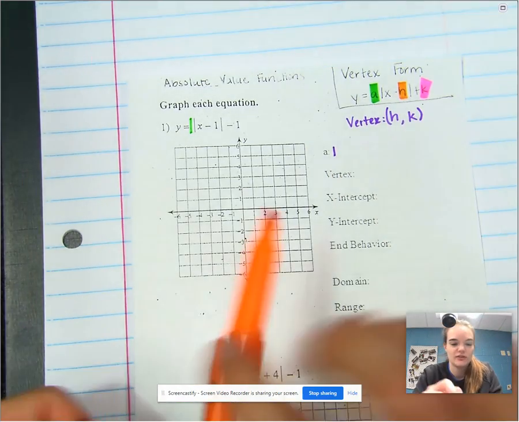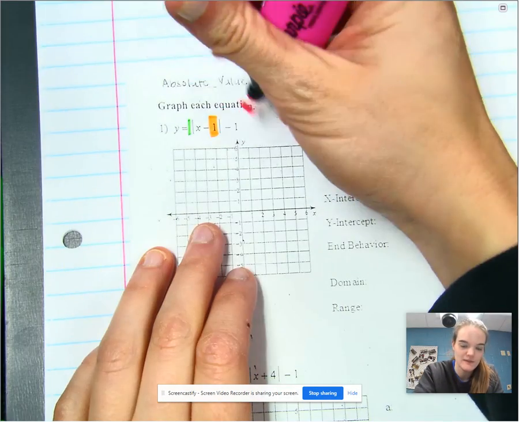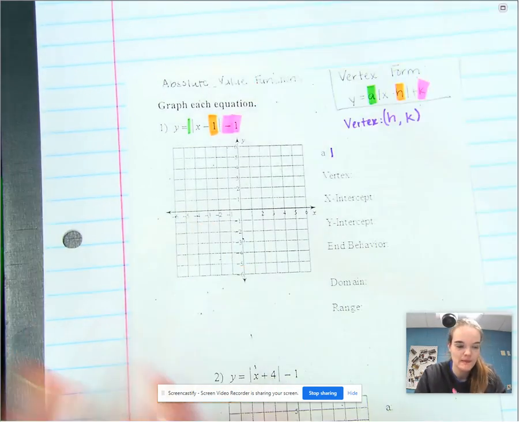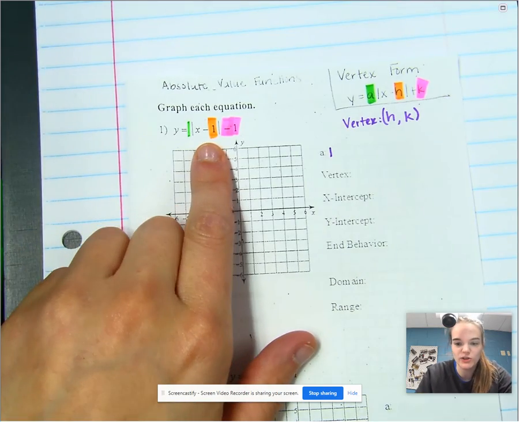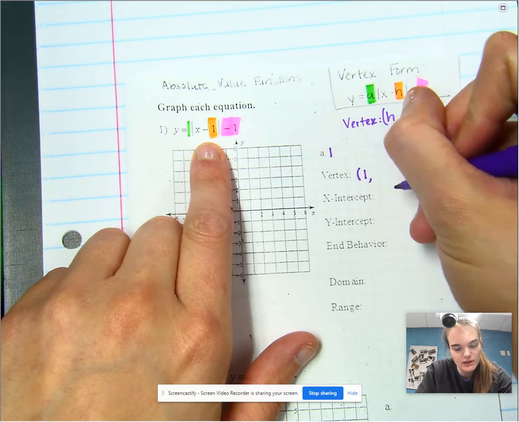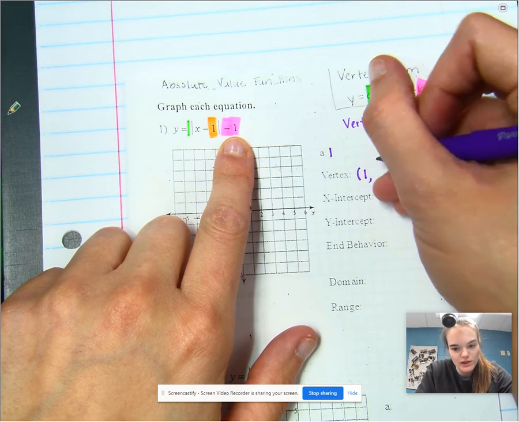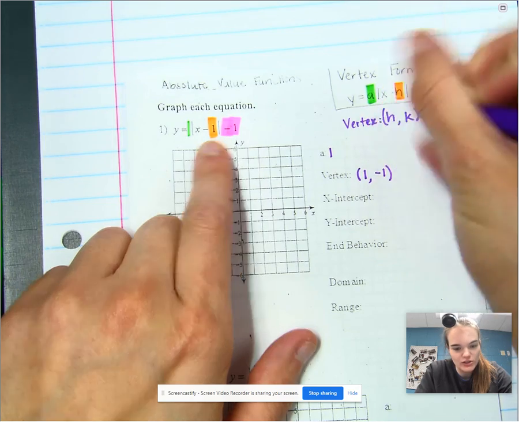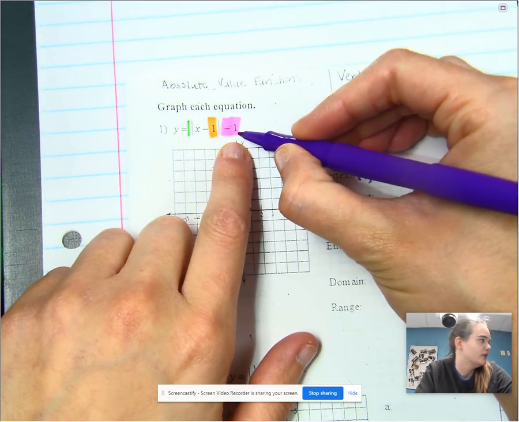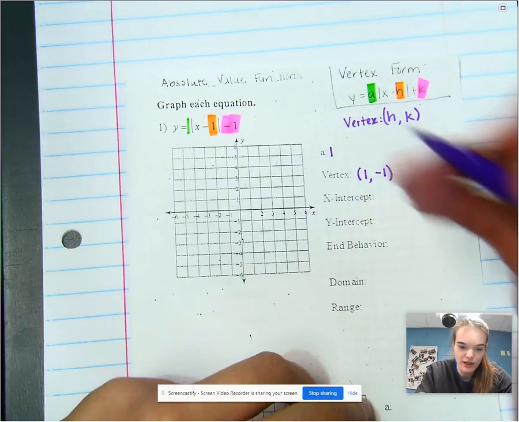The vertex is H, comma, K. H, we do the opposite. It is currently minus 1, so we put positive 1. K, outside of the absolute value symbol, is negative 1, so we leave it alone. We are going to put a point on 1, negative 1,